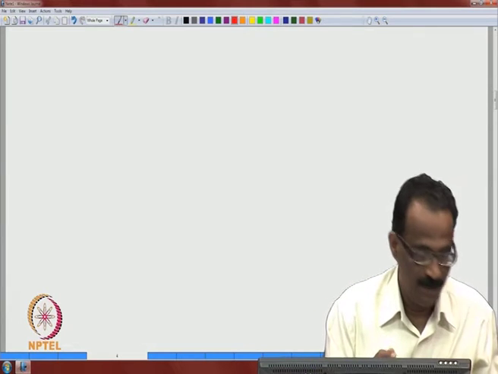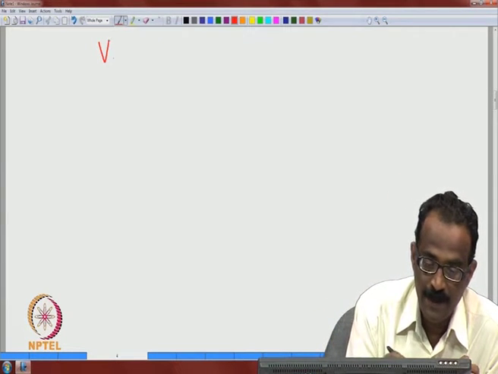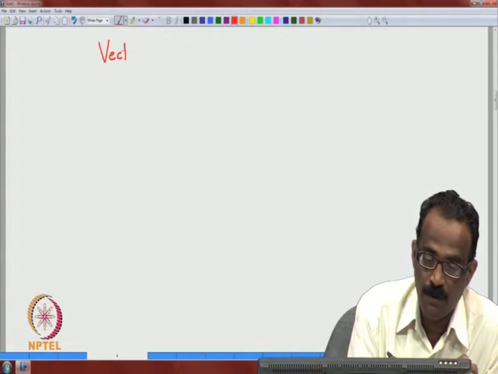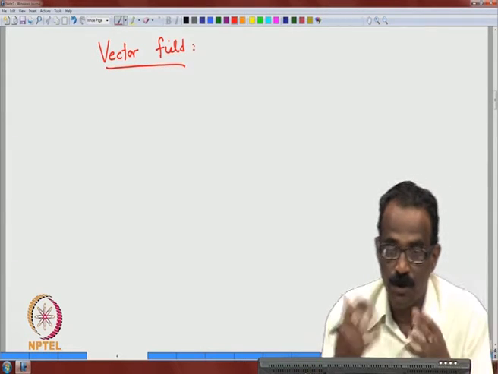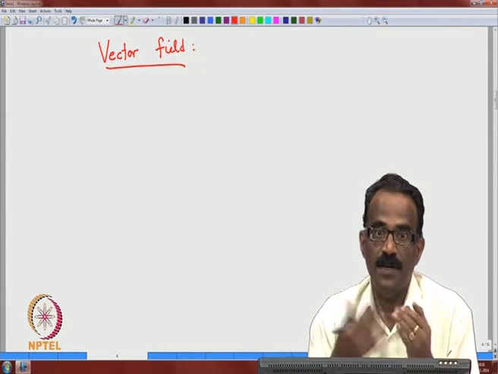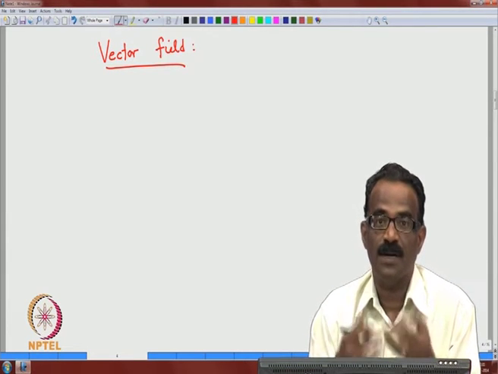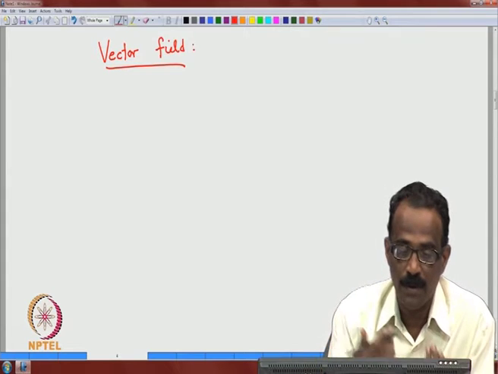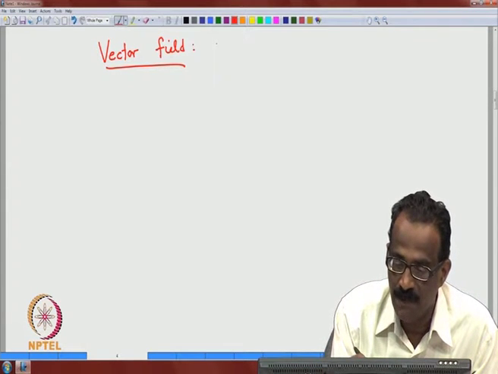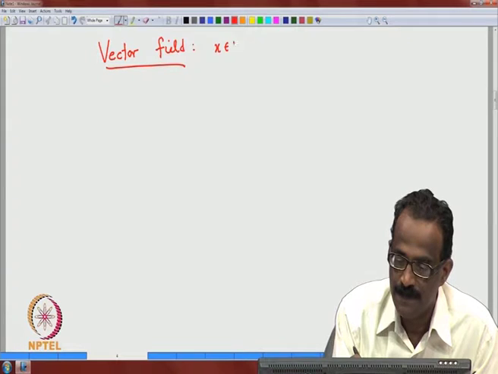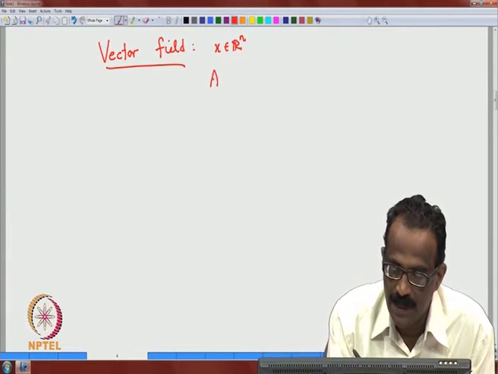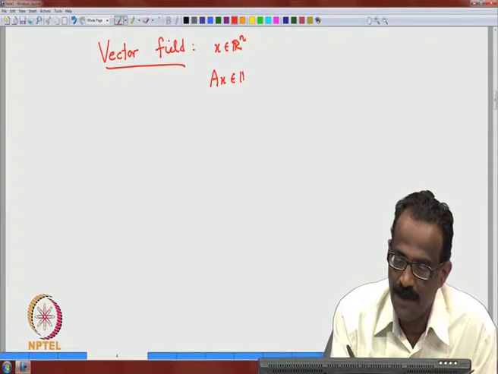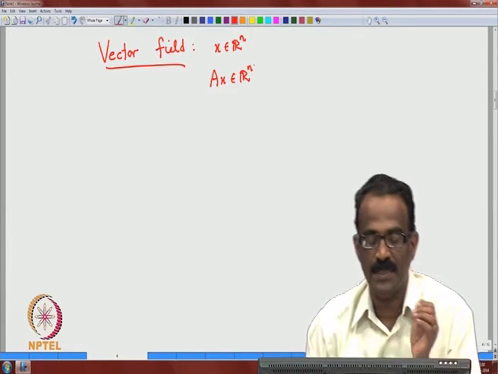And one more notion which you probably would like to think about. These are all some geometric ways of understanding a vector field. So, understanding is not only about the solution, but how to interpret the solution, how to view the solution, all part of the study. Vector field: for given x in Rn, Ax is another point in Rn, but in the beginning of our discussion long back,